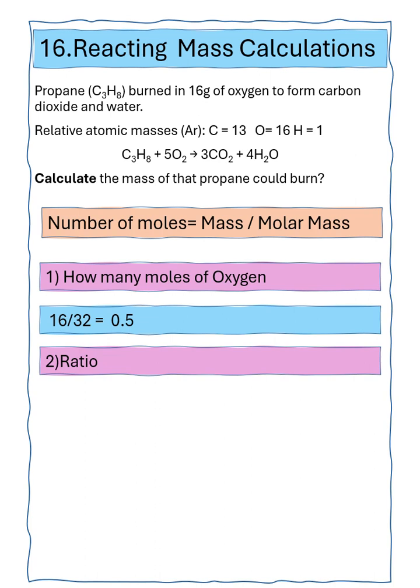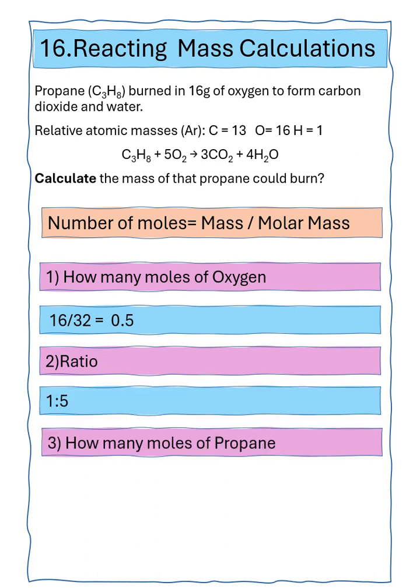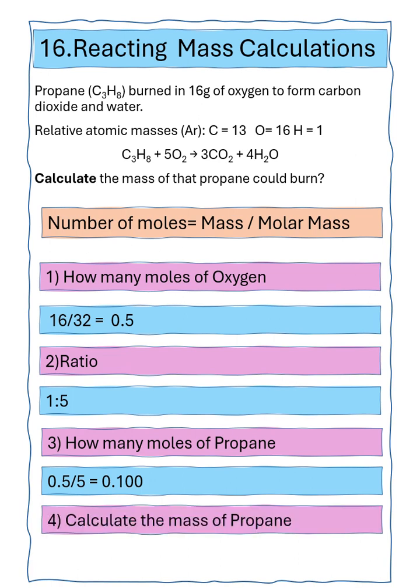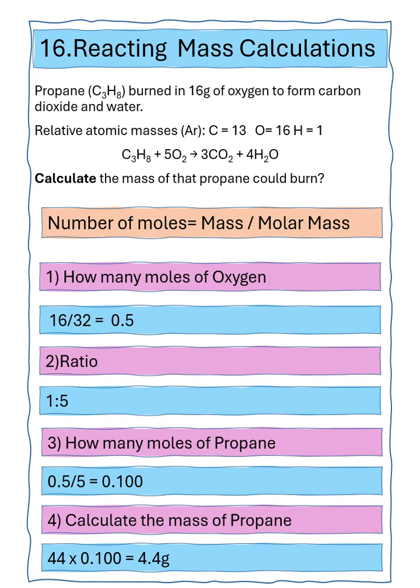If we look at the ratio, 1 mole of propane reacts with 5 moles of oxygen, so the ratio is 1 to 5. So how many moles of propane have we got? Well, it's 0.5 divided by 5, which equals 0.1 moles of propane. We can, from that, calculate the mass of propane. So we know propane has got a relative molar mass of 44. We multiply that by the number of moles, which is 0.1, which gives us 4.4 grams of propane reacting with